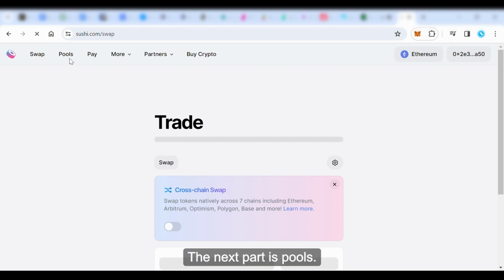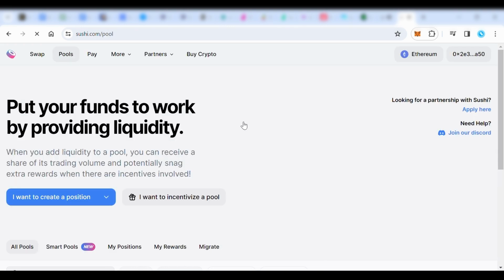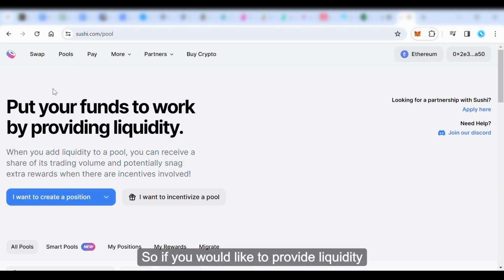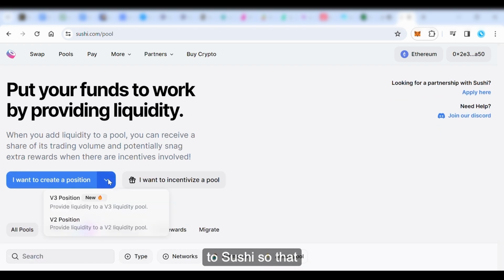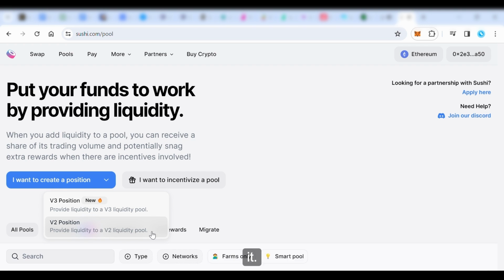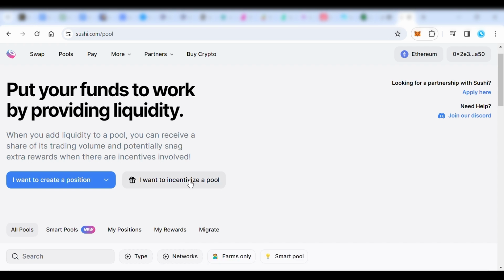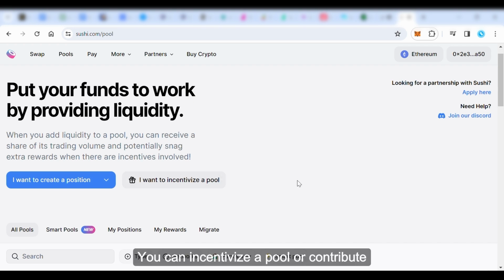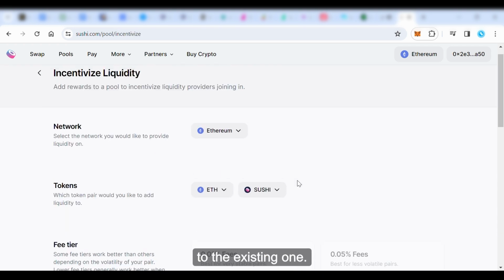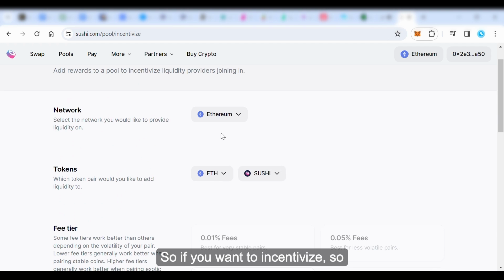Okay, the next part is pools. If you would like to provide liquidity to Sushi so that other people can then take it, there are also different options, version 2 and version 3. You can incentivize a pool or contribute to the existing one. So if you want to incentivize,